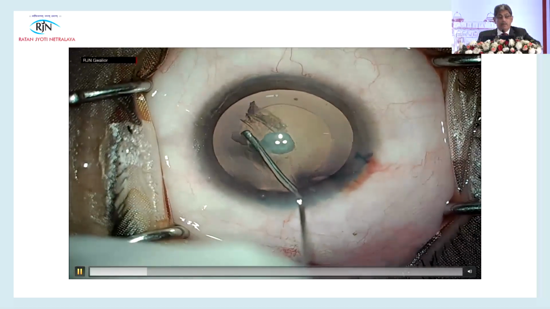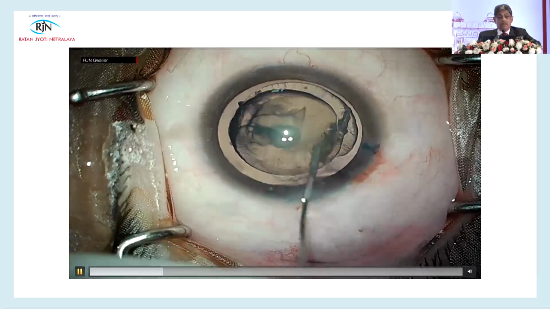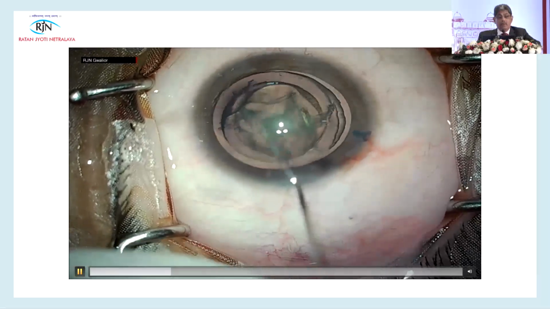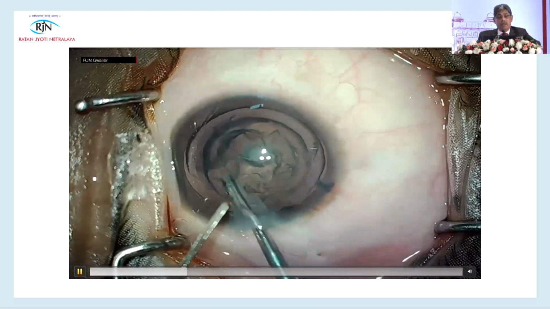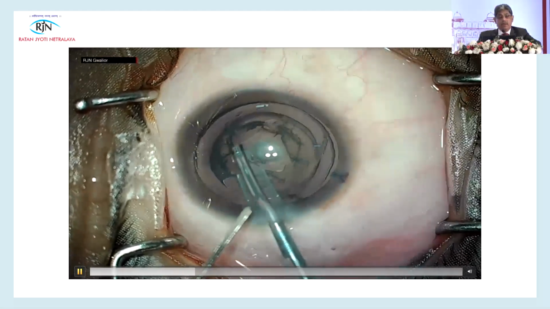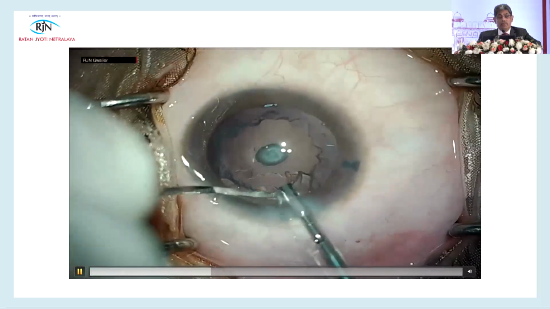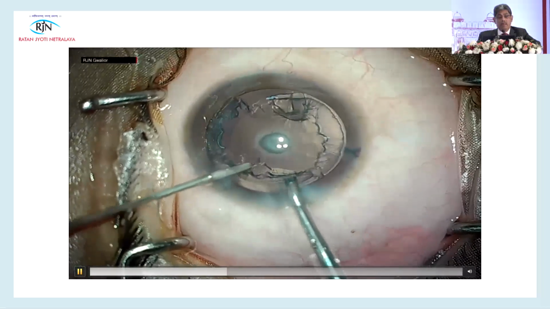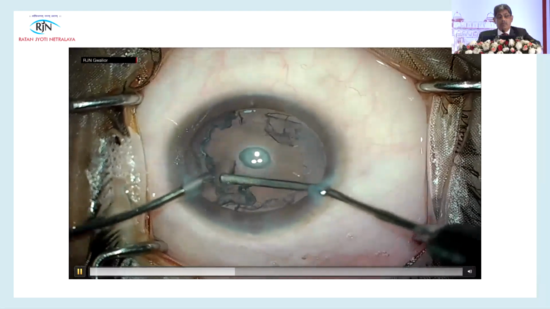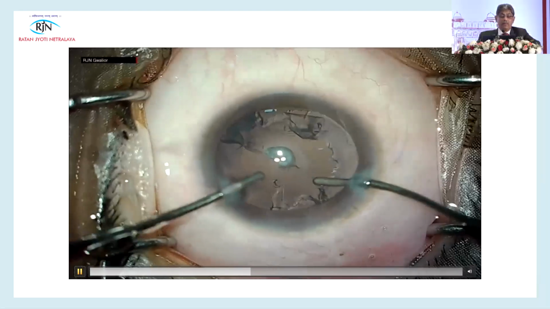So the hydrodelineation is done, and a band of epinucleus is left over, and then this is a soft cataract. So remove the nucleus, which is soft, and I use this iris spatula to release some of the epinucleus sheet from the